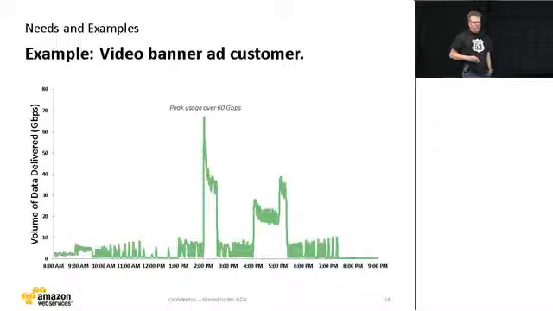And so here's an example. This is a customer who was doing video banner ads in support of a TV premiere. And we started getting a trickle of content coming out of our network early in the morning. But it was kind of coming and going. Honestly, it didn't even hit our radar. But you see right at 2 p.m., they flipped through a switch or did something on their end that drove 60 gigabits per second of traffic to us. Settled down for a while. Then at 4 p.m., through another switch or something else happened that pushed them back up to around 30 or 40 gigabits per second. By 7 p.m., they were gone. The TV program had